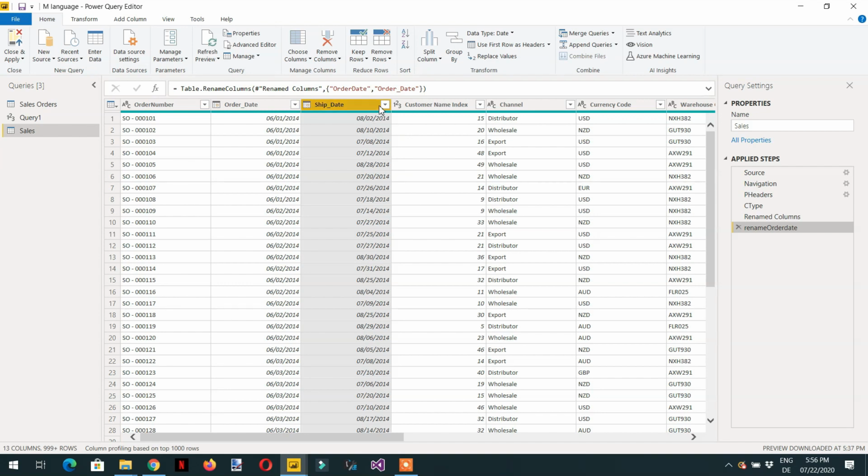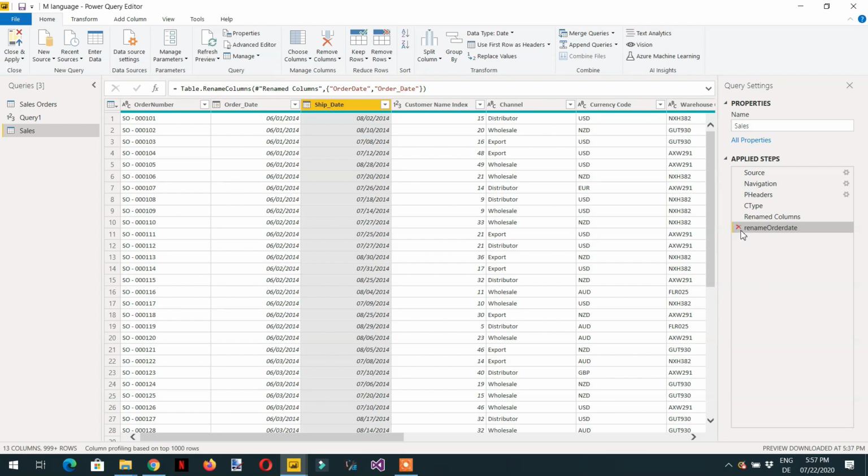So we are performing the same function. And what was the same function? We are just doing renaming. And if we are performing the same operation, then we don't need to add multiple steps. If we have 10 columns and I need to change the names of the 10 columns,